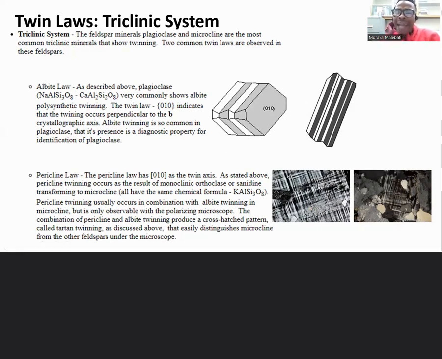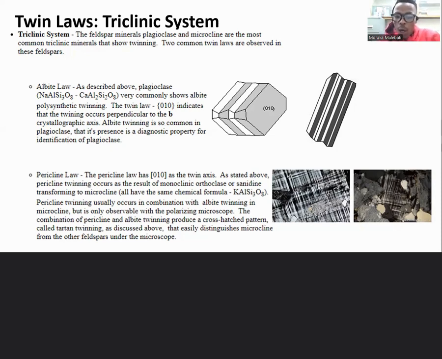When you identify minerals, these are very important for differentiating plagioclases. If you want to differentiate K-feldspars from plagioclase, you need to see this. Polysynthetic twinning is a diagnostic feature of plagioclase. By observing this feature under a petrographic microscope, you definitely know that you are talking about plagioclase. So you need to understand this. But if you were talking about minerals such as orthoclase or sanidine, you need to use the tartan twinning